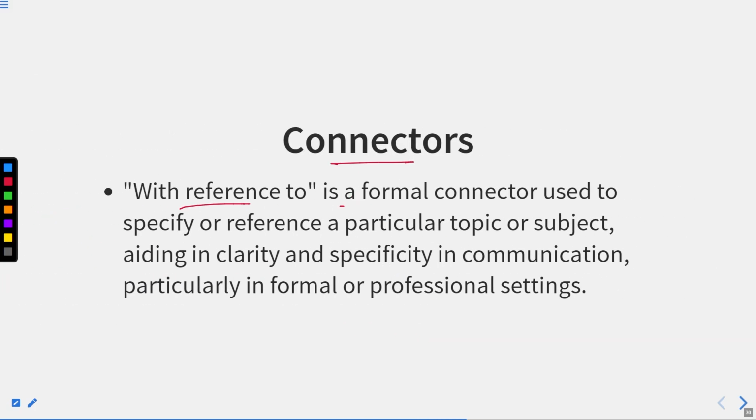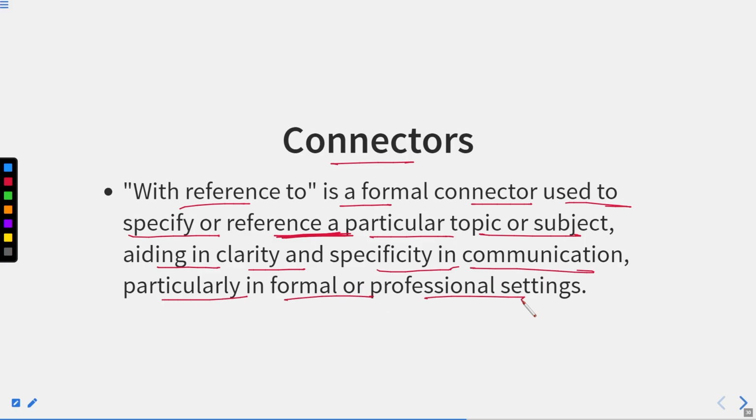Connectors. With reference to is a formal connector used to specify a reference to a particular topic or subject, aiding in clarity and specificity in communication, particularly in formal or professional settings. Now, what happens whenever we use with reference to? It also plays the role like regarding. It means we say something, and whatever we are discussing is with reference to